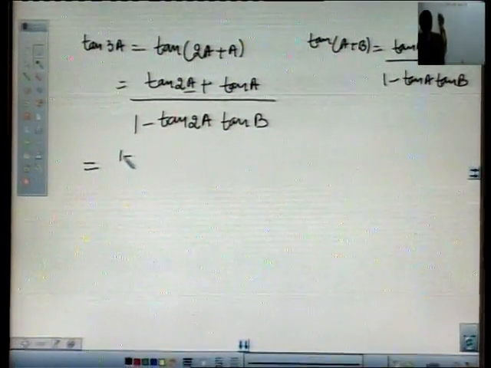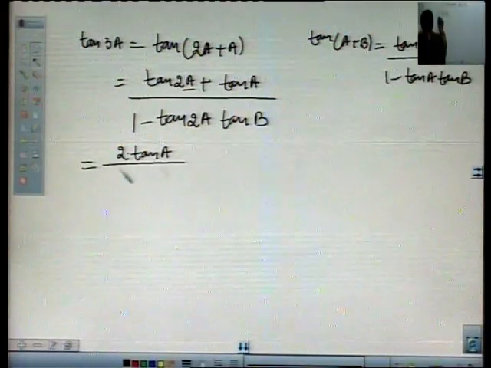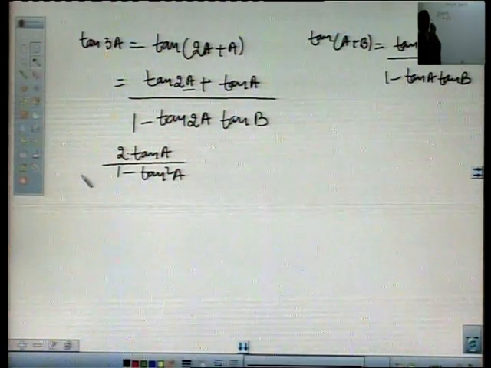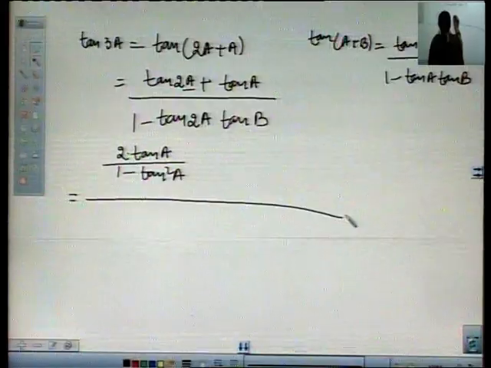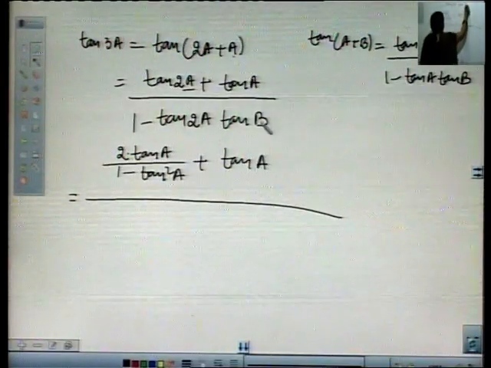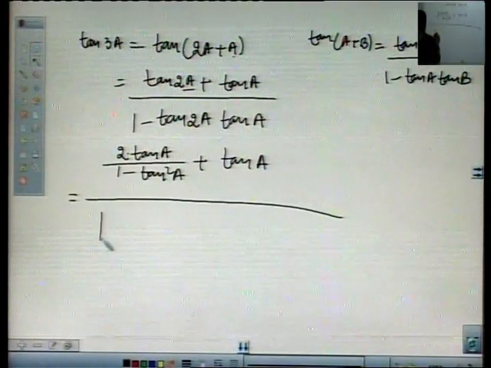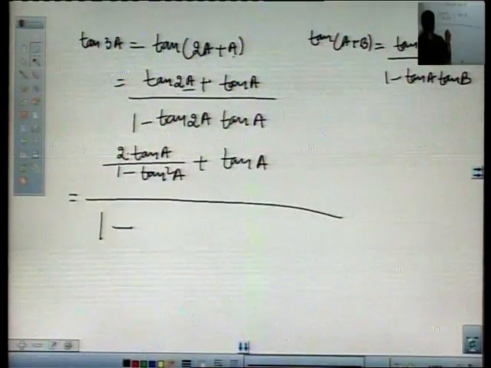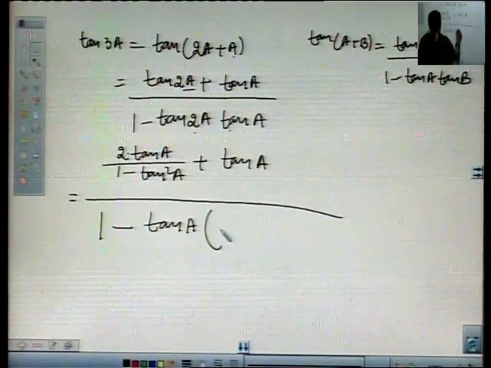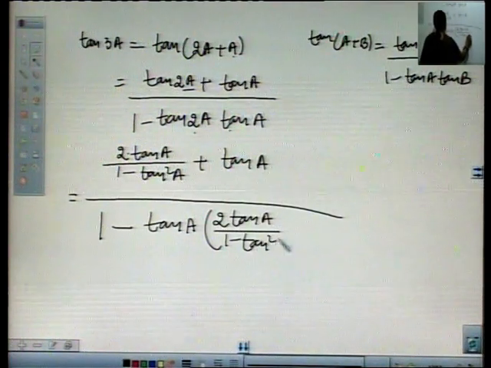Tan 2A is 2 tangent A upon 1 minus tan square A. Here tan A we will write first, and tan 2A is 2 tangent A upon 1 minus tan square A,